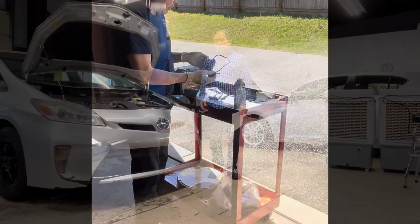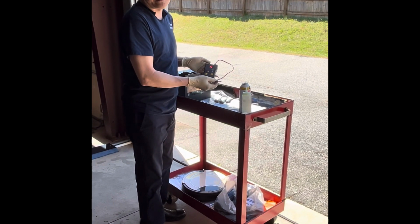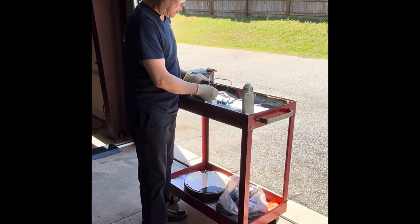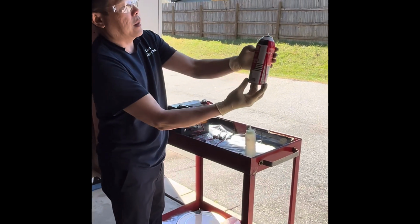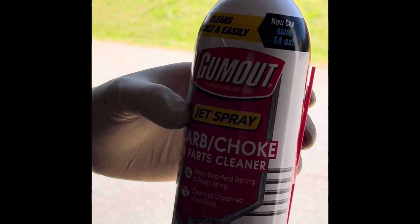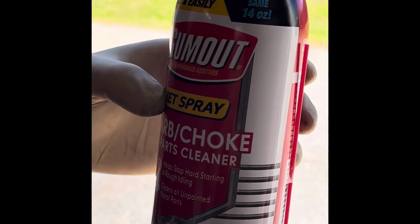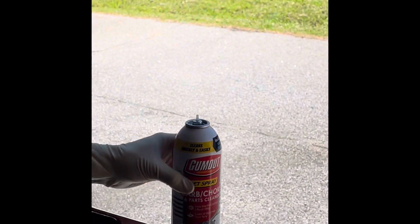Okay. This is the fuel injector clean kit. You can also test the fuel injector. Okay, we have this can here. It's called Gunk Out. You use this can. I found out this can is the best to clean the fuel injector. Okay, so